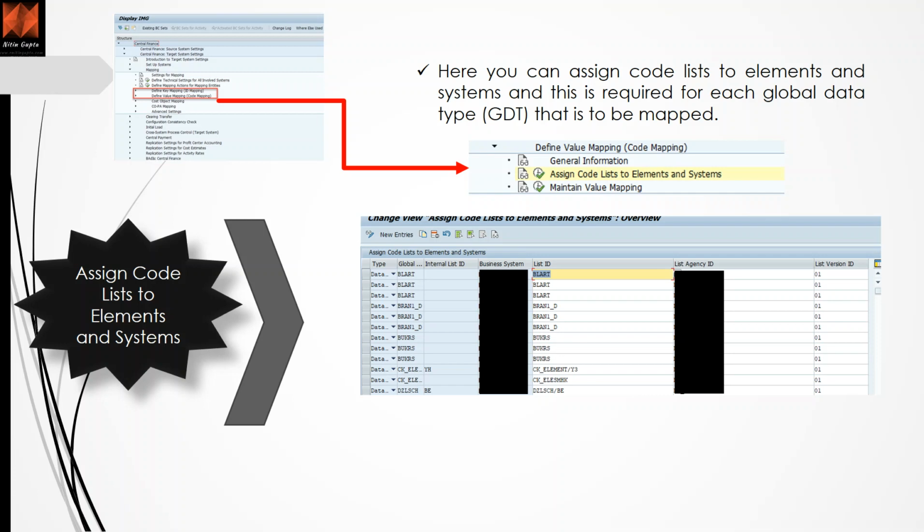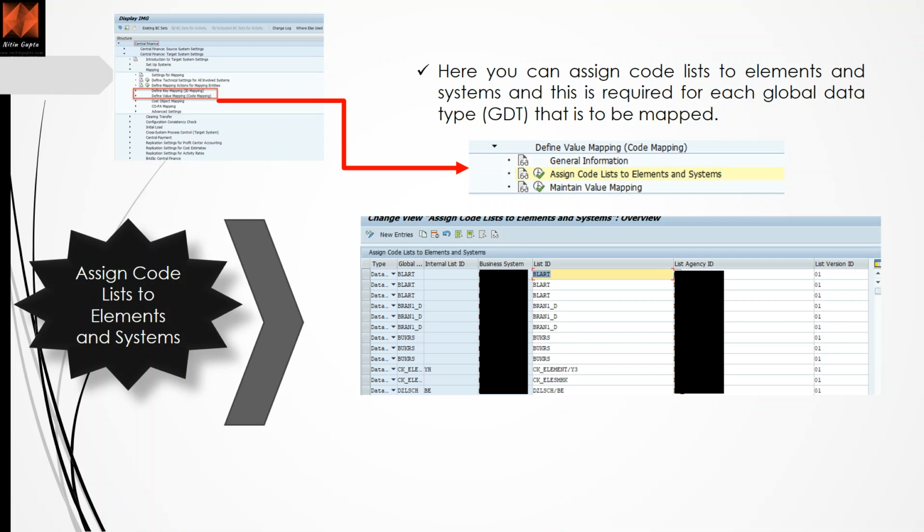And then in the next one we have value mapping. As I explained, value mapping is more about configurable objects, and here you can assign the code list elements and systems, and this is required for each global data type, which we call GDT. First you assign code list and elements, and code list to elements and systems. Here you can say, okay, Bucharest is company code, and assign what my system ID is.